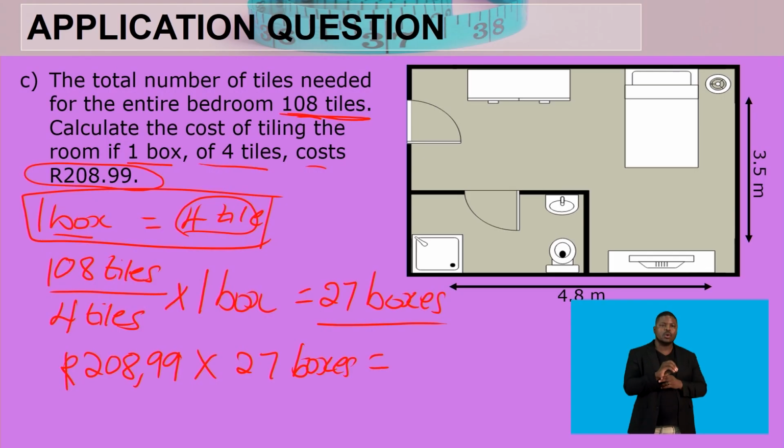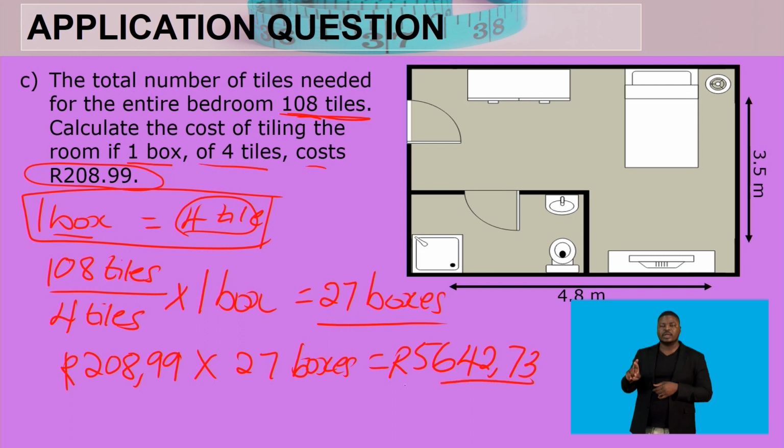208.99 multiplied by, let's do it together, guys, multiplied by 27. What do we get? We get that the room will cost 5,642 rand 73 cent for only the tiles. So this is the amount that will be needed to